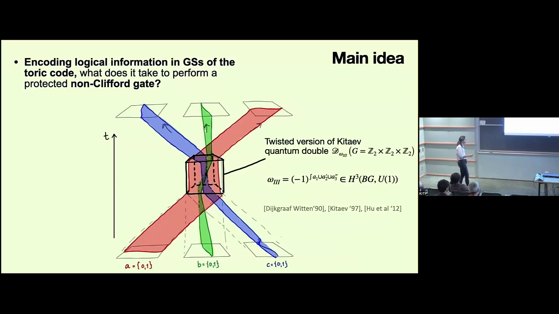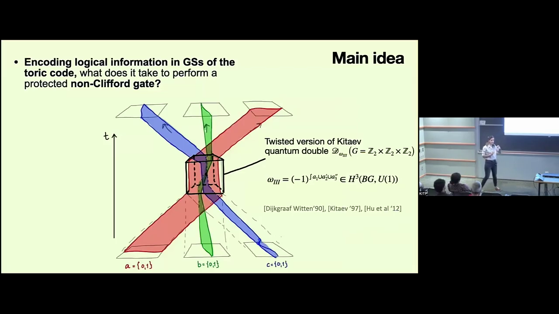And more formally, what this means is that in a space-time region where we have multiple copies of the toric code meeting, we want to realize a non-trivial topological phase, and in this case, it's a Dijkgraaf-Witten theory with a type 3 cocycle twist. I hope at this point I made the idea of our approach sound plausible. But someone might have already noticed that I've been doing something illegal. I've been using an illegal domain wall between toric codes and a twisted quantum double to show this gate. In reality, things are much more subtle than what I showed. What I showed is wishful thinking. That's what we want to achieve.